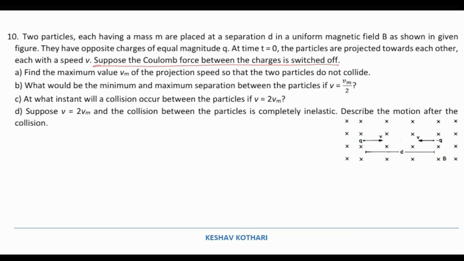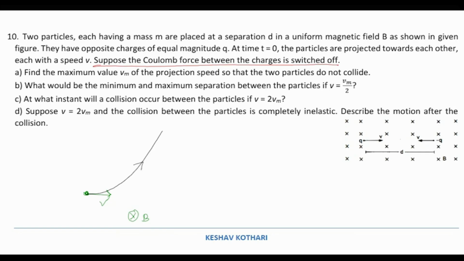So the first few things which must be kept in mind: the two particles have the same speed, and the magnitude of charge is the same, but the direction is different. Now one thing is for sure true: if we see the direction of the positive charge, it will move in the upward direction because of the velocity and the direction of the magnetic field which we have. That is, the positive charge is going to move in a path like this, in the upward